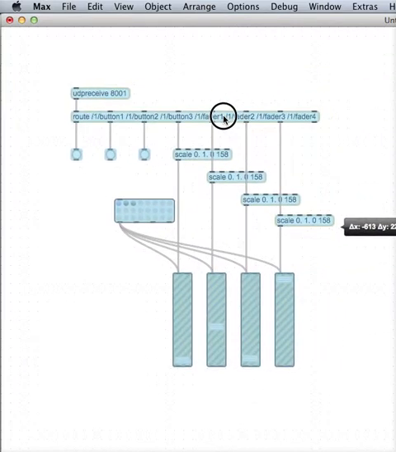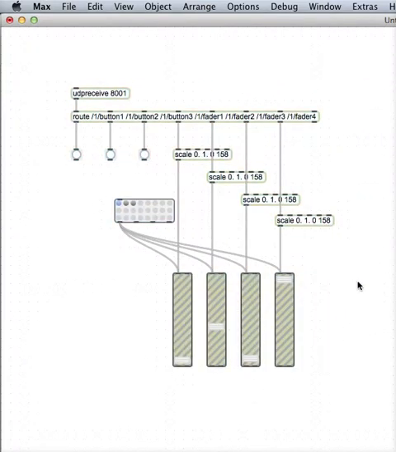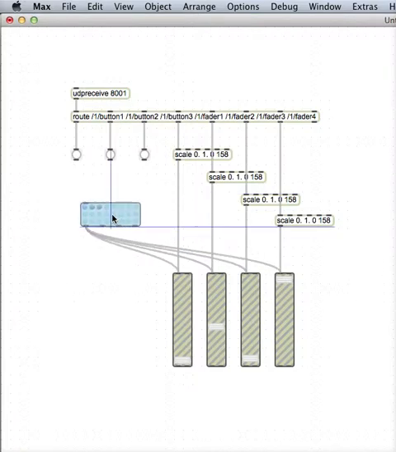The second way we can use the same buttons and faders is in controlling the sliders as well as the presets that we select for the sliders. I already have this set up so all 4 sliders are now controlled by the 4 faders on Touch OSC. But what I want you to do for this project is use this preset object,